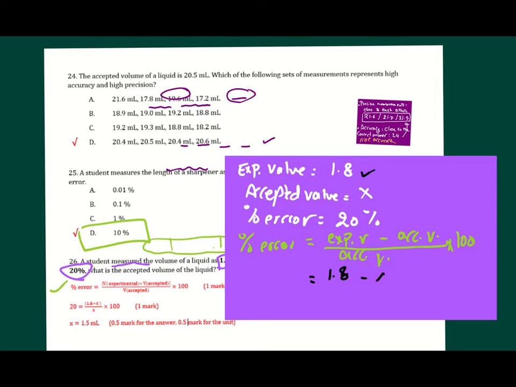Accepted value is X, over X into 100, and the percent error is 20. Then you are going to find the value of X. First, I will put those between two brackets, and you will multiply both by 100. So I will say 20 equals 1.8 times 100 equals 180